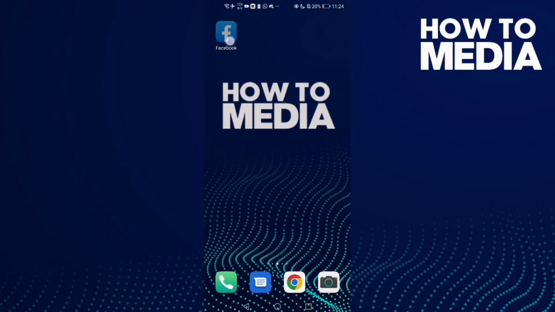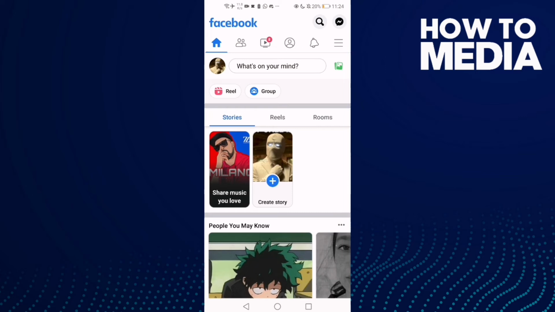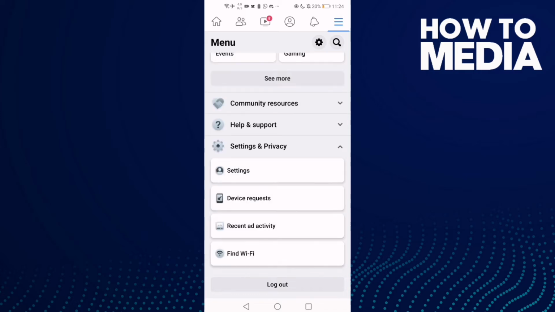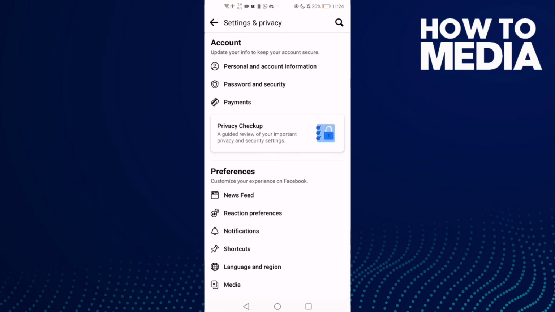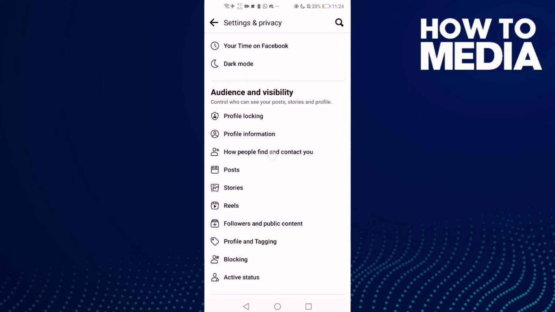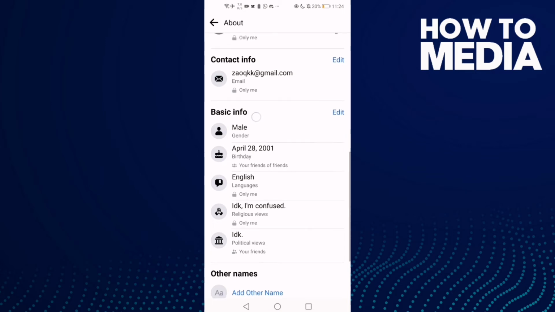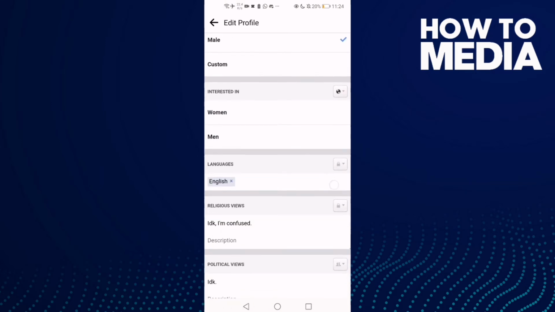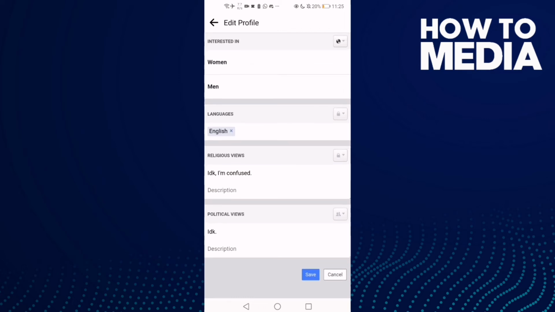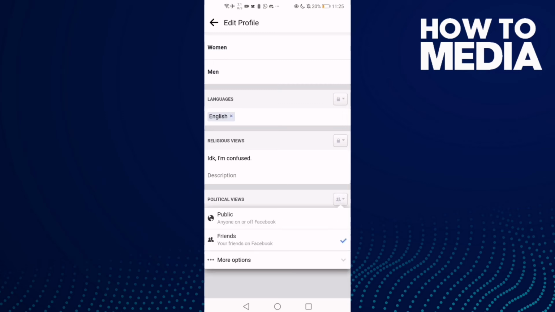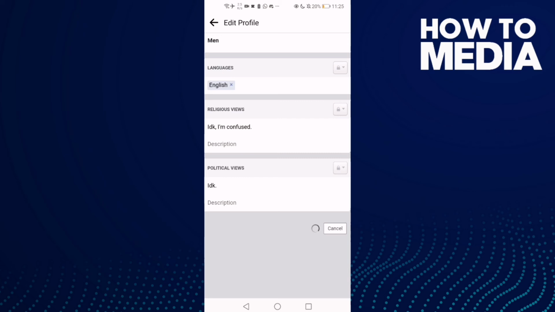First thing we're gonna do is go to Facebook and then click these three lines here and go down until you find settings and privacy and then click settings. And now go down and click profile information and then go to basic info and click edit, and here you will find this one, political views. Click on this one here and click more options and click only for me and click save, or you can